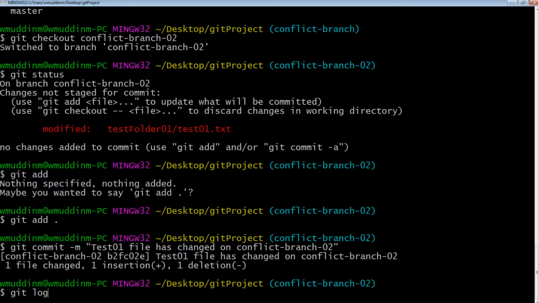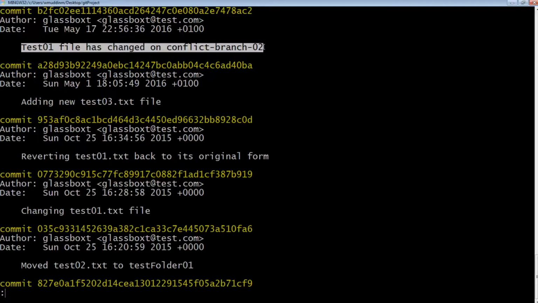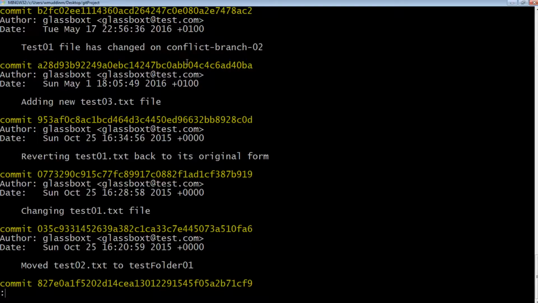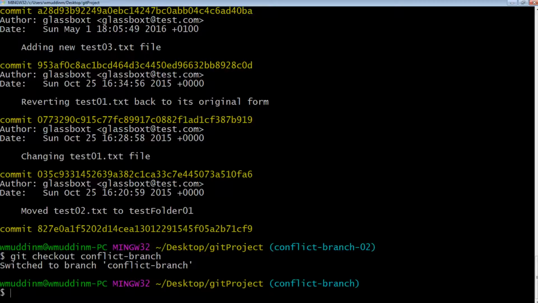If we do a git log on conflict branch 02, we can see that this log is from the original copy of conflict branch, and this log is from the change that we've just made to branch 02. And notice that the change from branch 01 isn't in here because it wouldn't be. That happened on a completely different branch. So now if we try to check out conflict branch, and now if we try to do a git rebase,